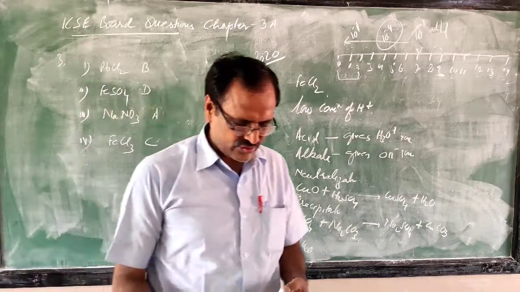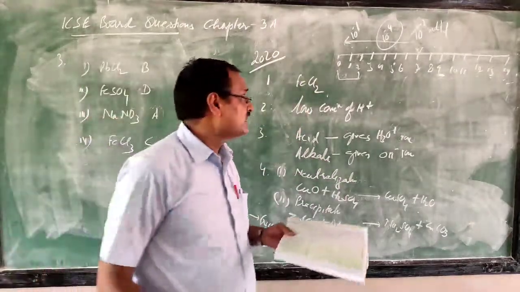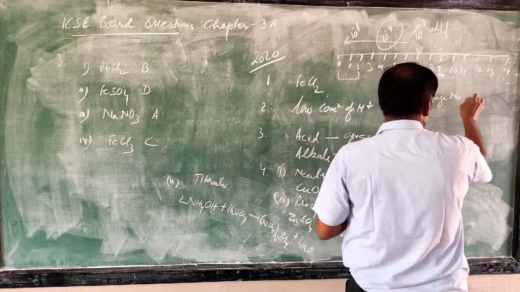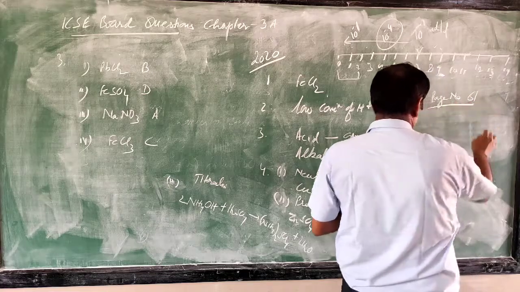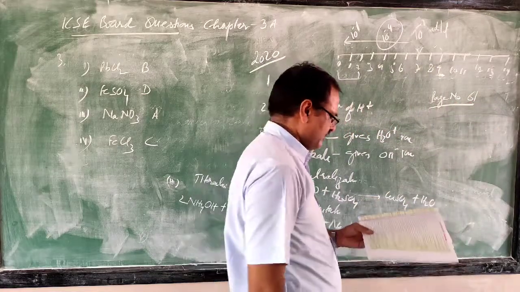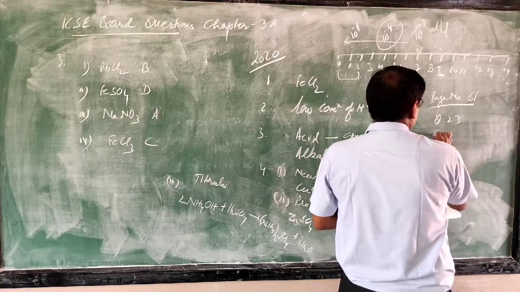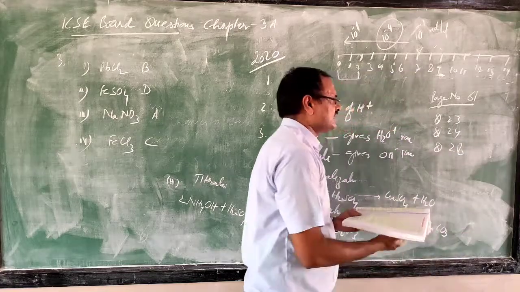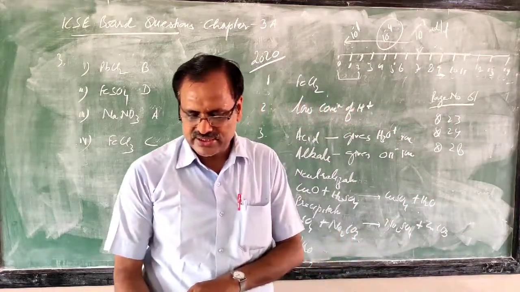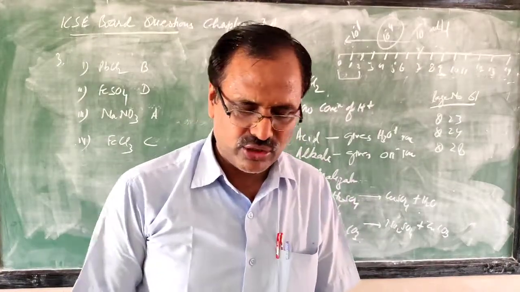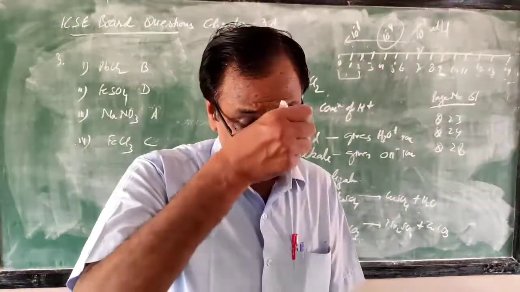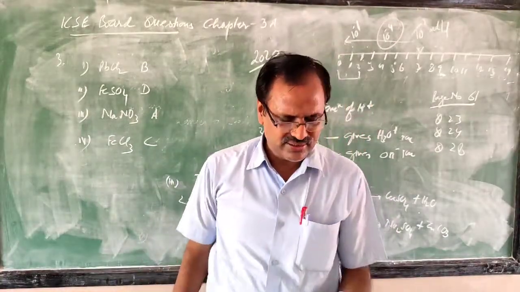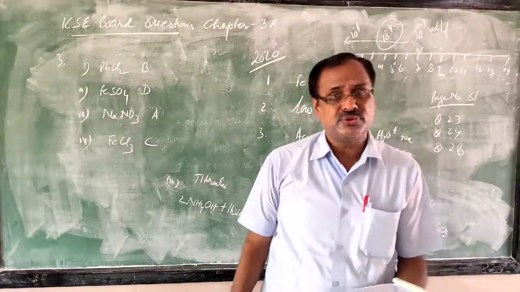Then from the additional questions, you can solve these questions on page number 61, question number 23, 24 and 28. Such questions are asked in the board paper, so you can solve them in your chemistry copy. And next, you have to solve the unit test paper. I will solve it and give it to you in your WhatsApp group. You can write it in your chemistry copy.